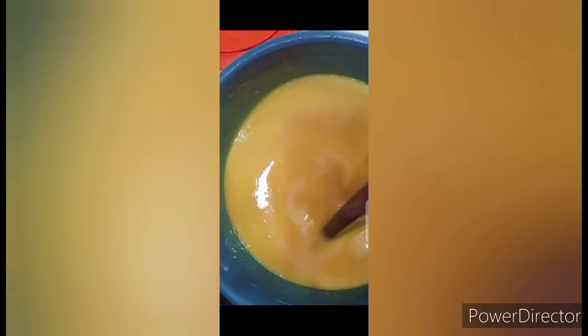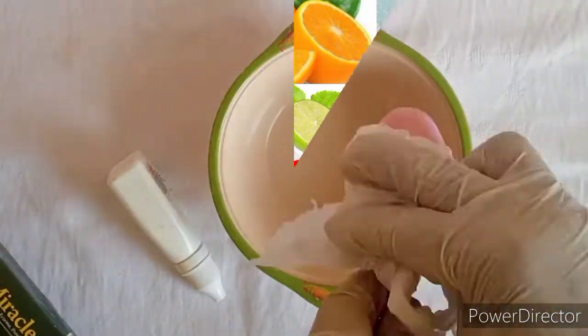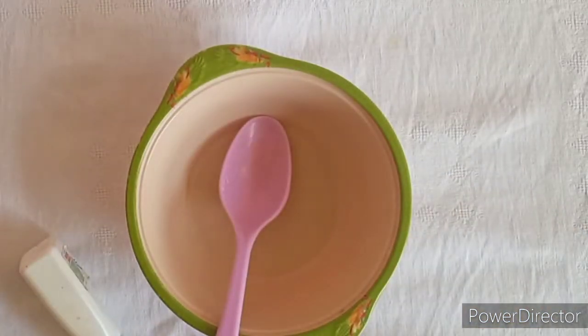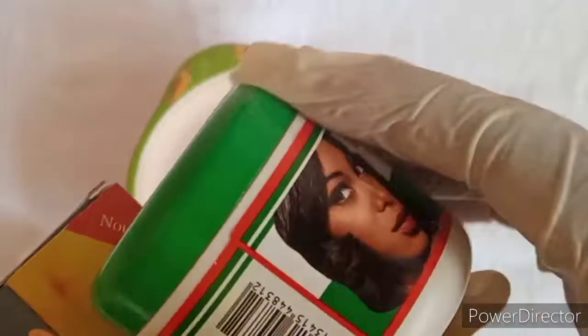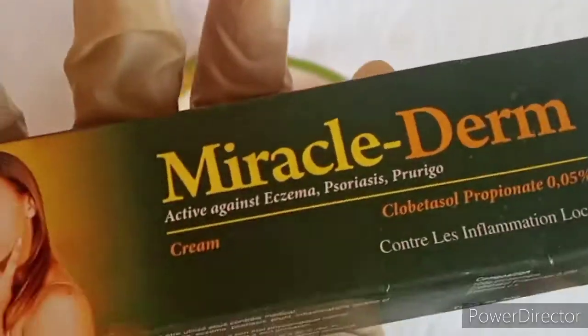In today's video, I'm going to make a premixing face cream. This face cream is very good because I'm using Stay Young. This face cream can cure all your dark spots and also your acne. It is very good. So I'm going to premix this face cream using Stay Young, and I'll also be using